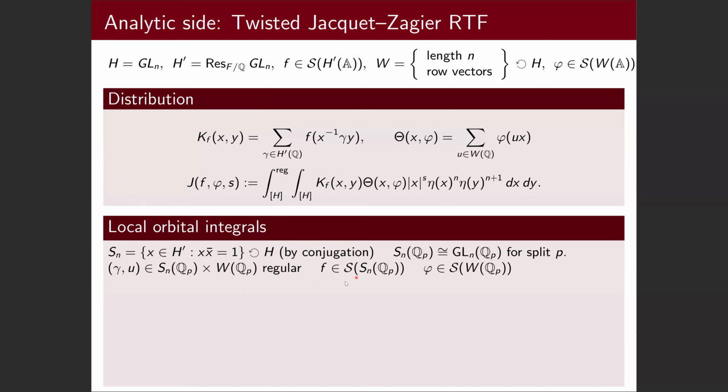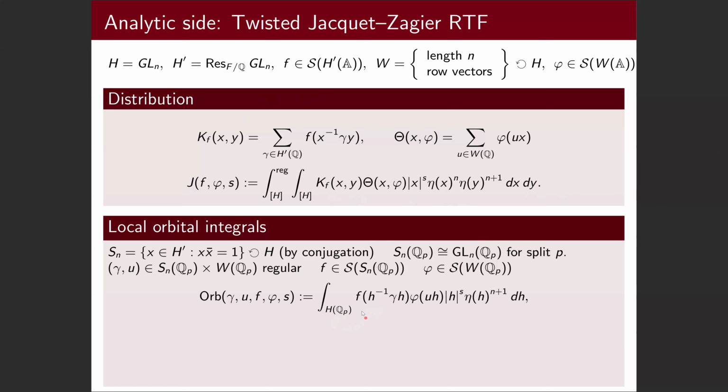So f is a test function on the symmetric space over Qp, and phi is some test function on this affine space over Qp, which are exactly analogous to these global test functions f and phi defining this integral kernel and the theta function from earlier. Now in this setting, the local orbital integral is given by this formula, which is just the unfolding of this